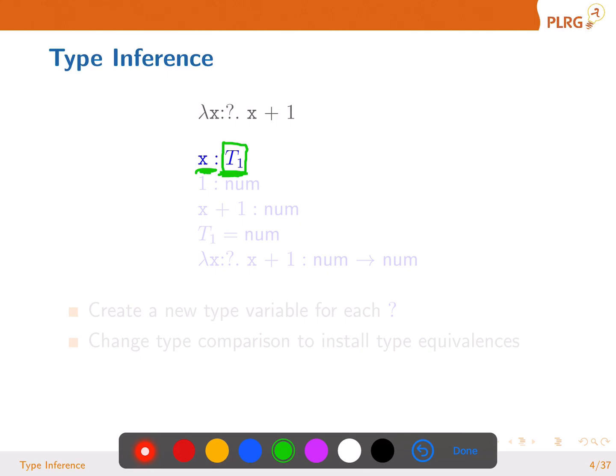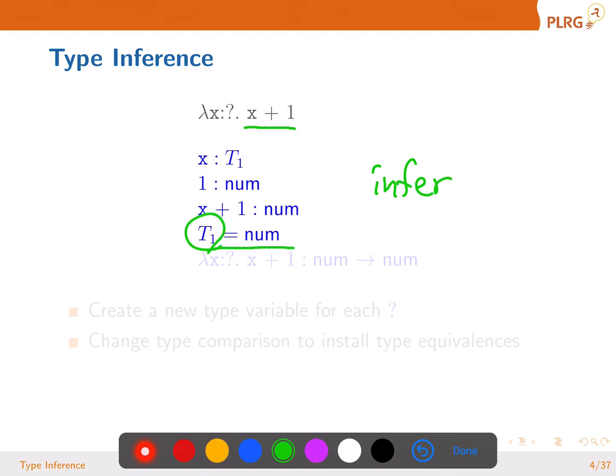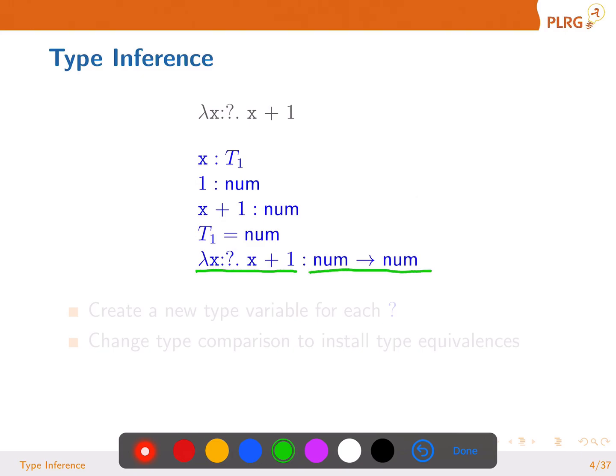Okay, so we know that x's type is T1, something. 1's type is number. x plus 1 should be number, right? So we can infer that T1 should be num. So far so good. Then parameter type is num, body is num, so the function expression has type num arrow num. Cool. So to do this type inference,